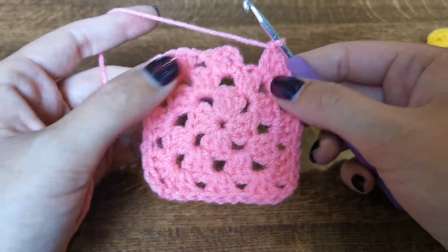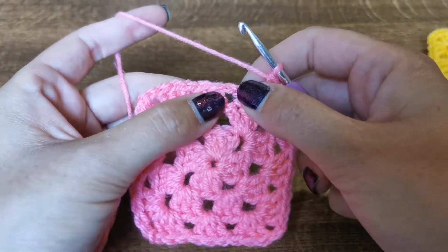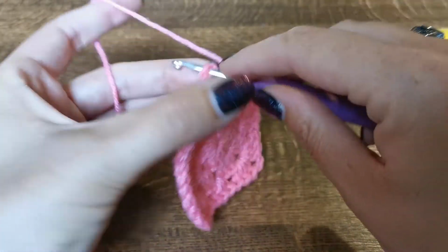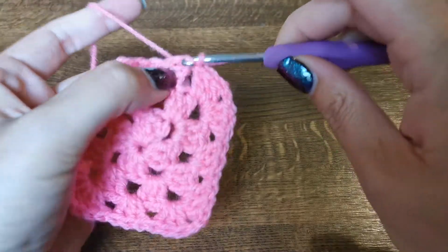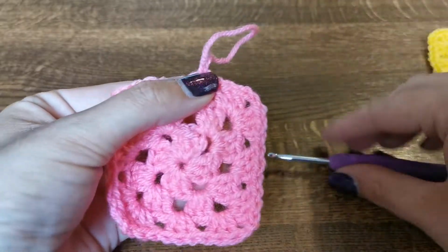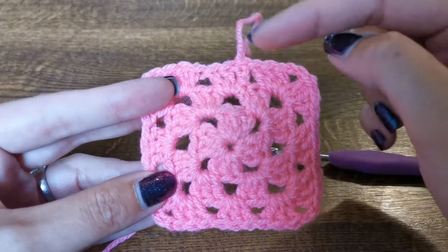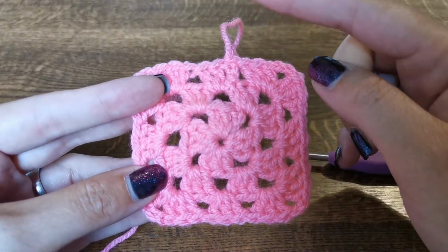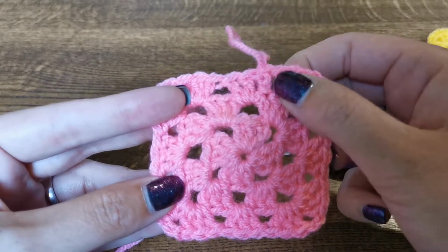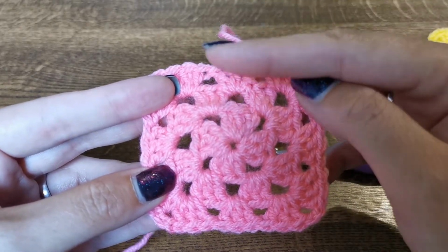So as I was saying, I've whizzed around that row back to where we started, and I'm just about to slip stitch into my starting chain 3 to finish off this round. Just like that. So just a quick recap on the next round. So chain 3 starts each round, and in this case this would be my last stitch for this space. So I'm going to do my chain 3, and then I would move straight on into the